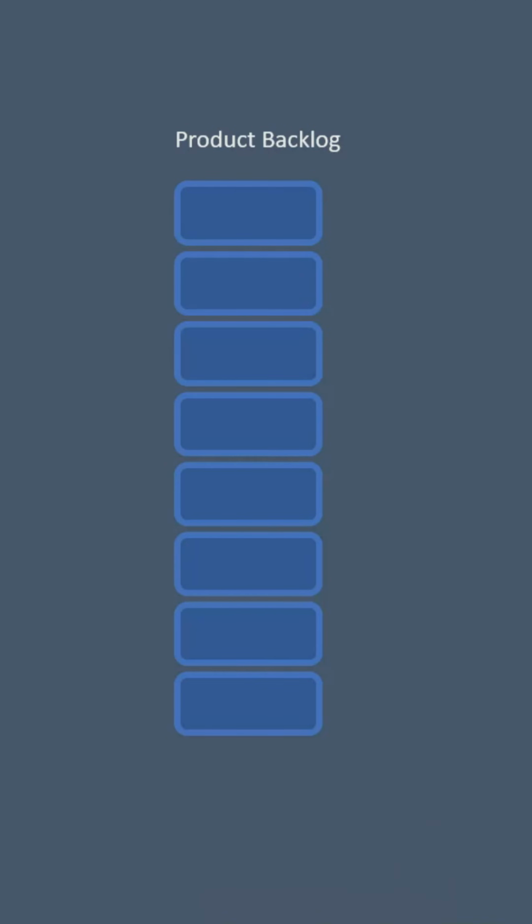Okay, so let's start first with our product backlog. And this visual here is just meant to represent a simple product backlog, top to bottom, ordered. As I'm sure you're already aware, a product backlog is made up of PBIs or product backlog items. These could be user stories, features, whatever it is you're using, but PBIs is the language I'll use here for this video. Now, each PBI is going to have its own acceptance criteria, and that acceptance criteria is unique to